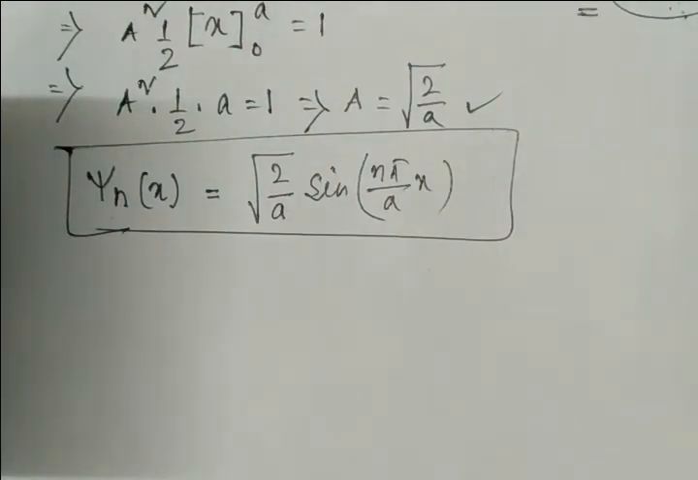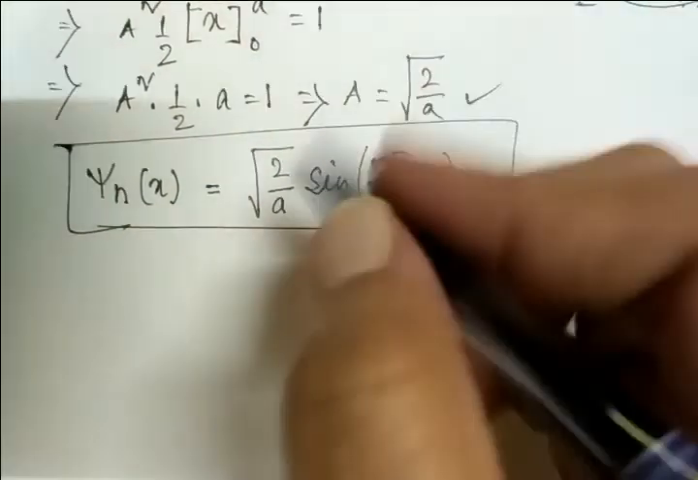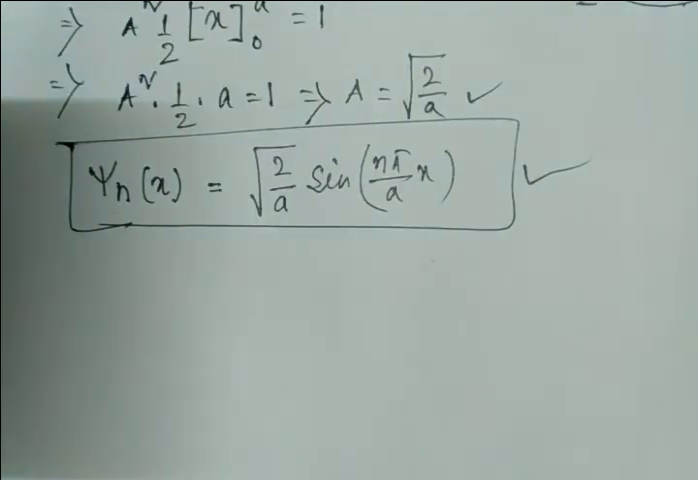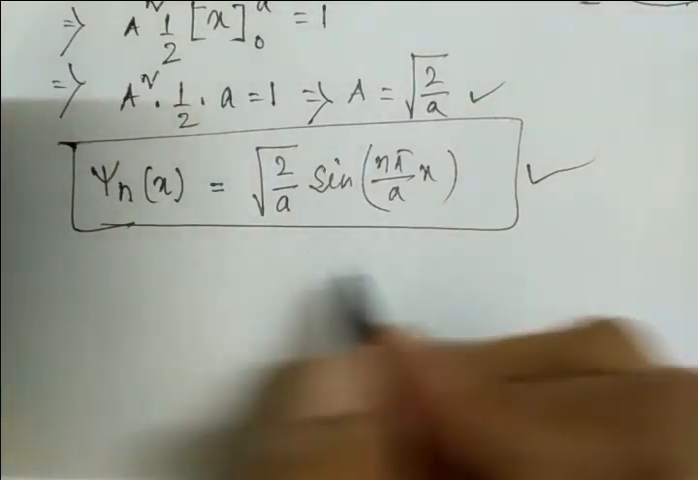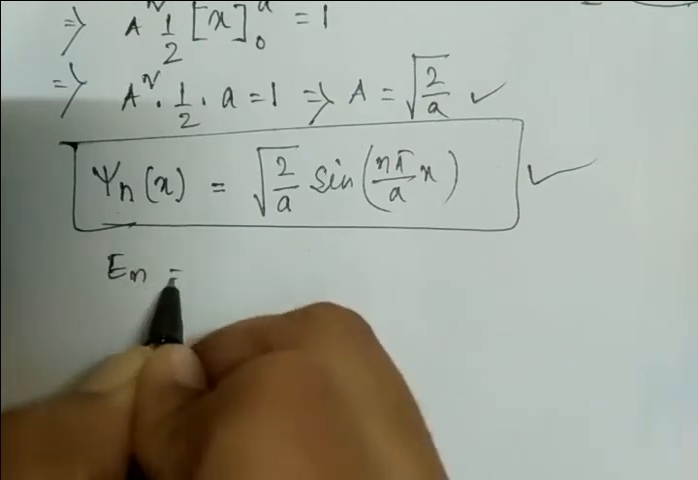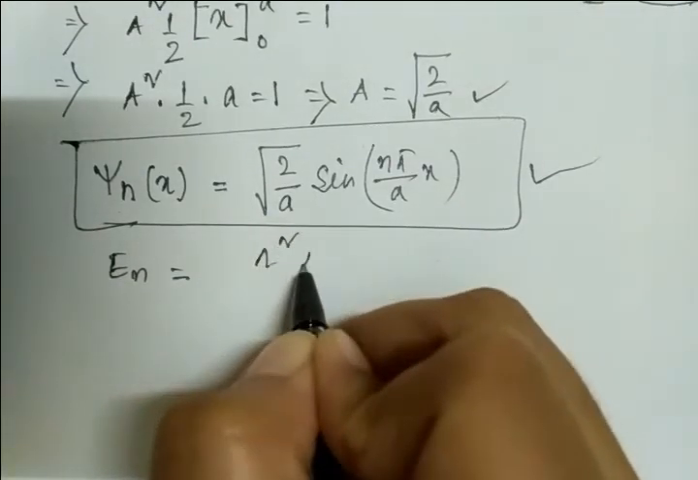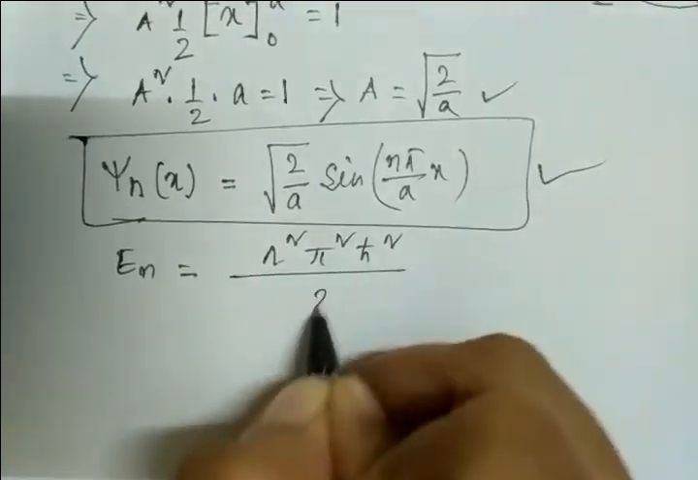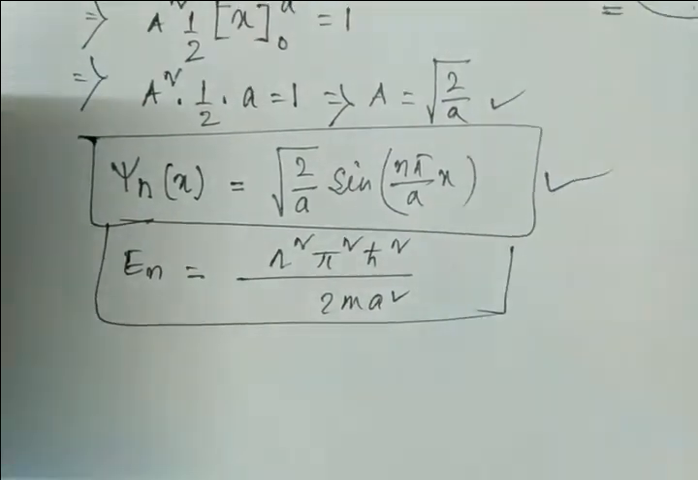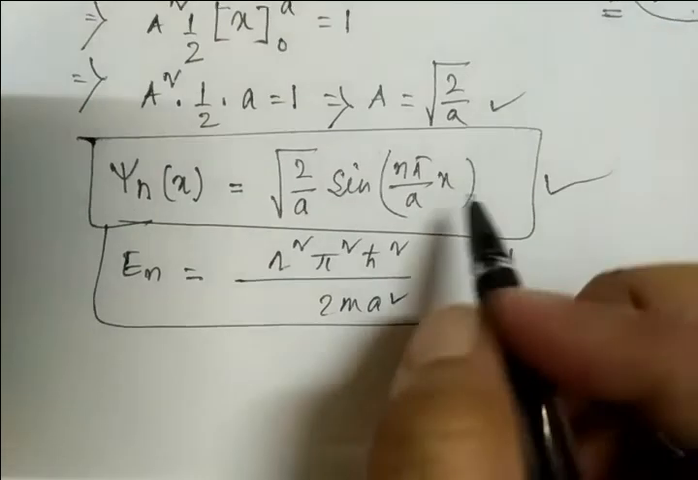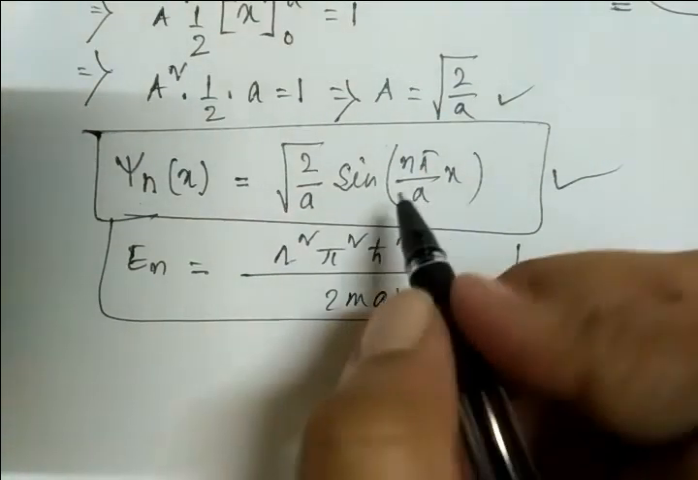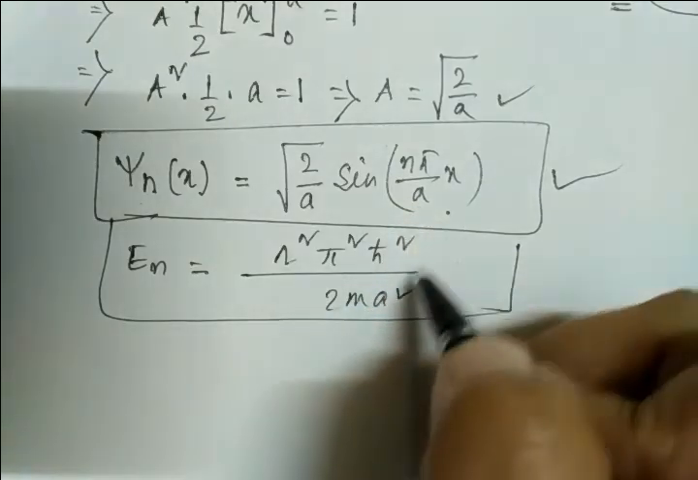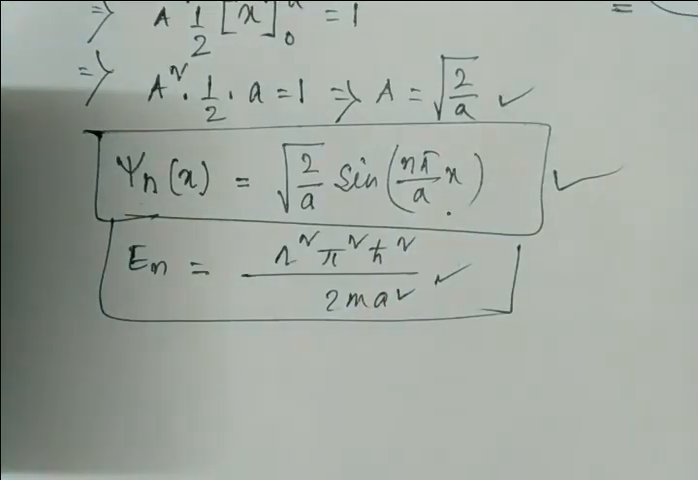Okay, so from this lecture we have come to know the solution of the time independent equation, and also the discrete set of energy or the packet of energy, that is E of n equal to n square pi square h square by 2m into a square. So these are two important terms we have obtained by applying the concept of boundary condition. We have obtained the solution of the time independent equation and also the energy states, or the packet of